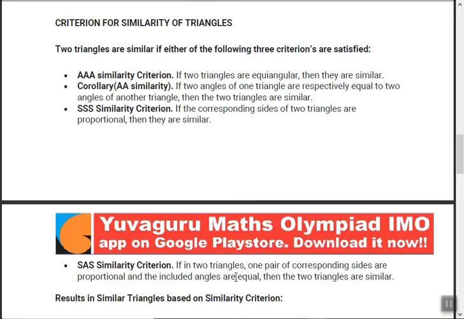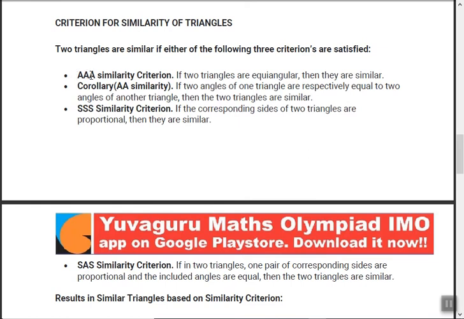Now we come to the tests of similarity. We have tests of congruence, and similarly we have tests for similarity. Tests for congruence you might have studied earlier also. What are those? ASA, SSS, SAS, these tests, and there's one more. We call it RHS. So that you have studied already. Now we move to the similarity tests. AA test of similarity. See here, all three angles are given, but it's also called only the AA test.